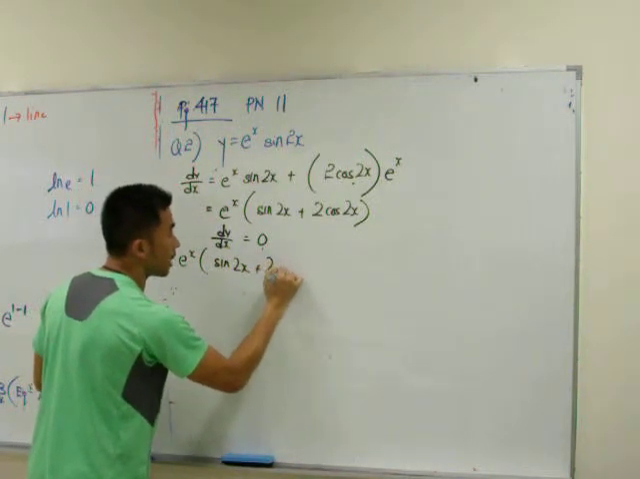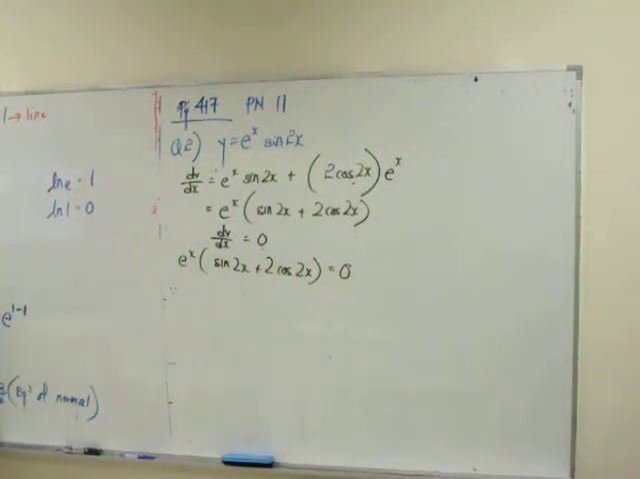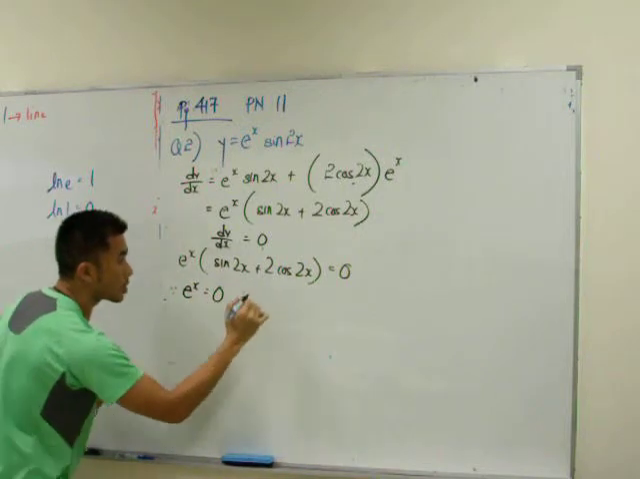How am I supposed to make use of this result? Can you see that this is a product? We can make use of the zero product rule, just like when you always do factorization equal to 0. It means e to the power of x is equal to 0 or